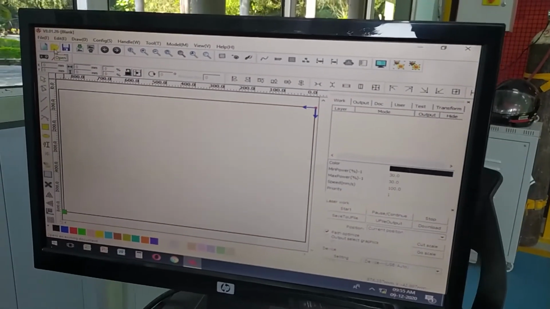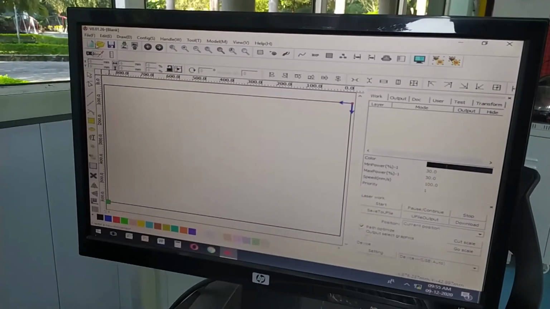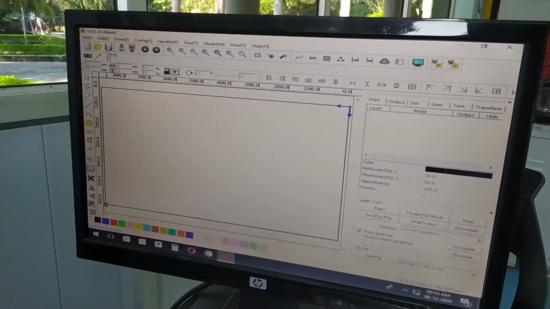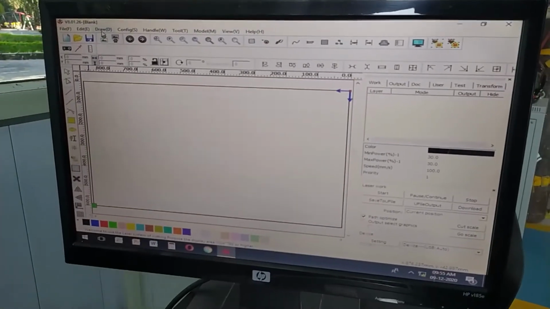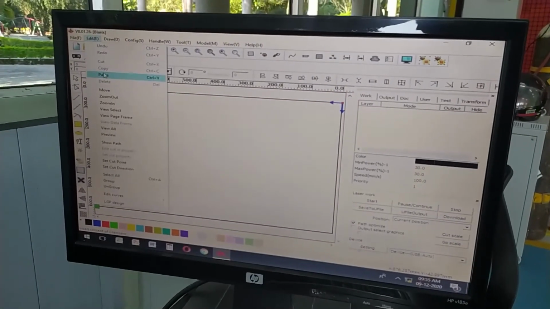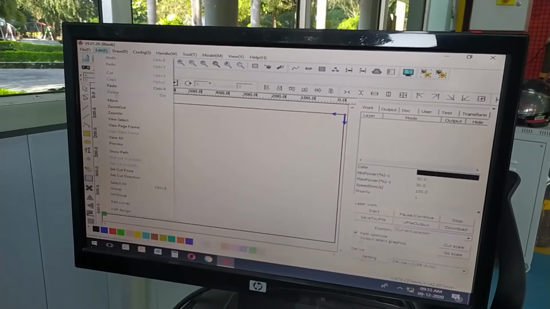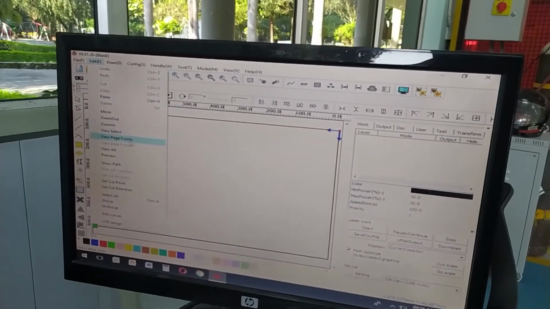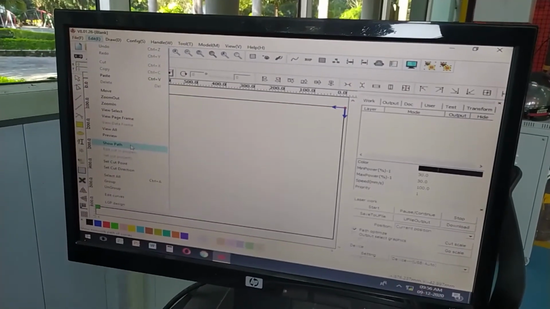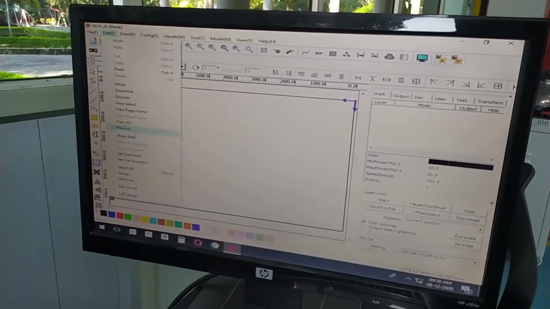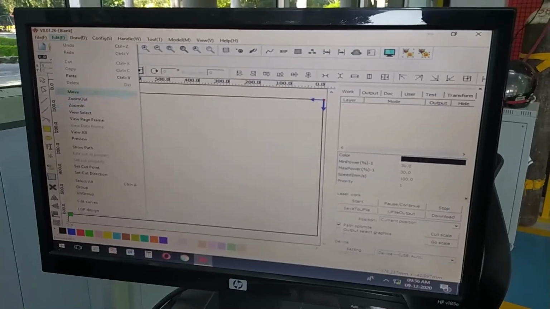Below it, this is for the file menu. Like in similar office software or other software, the file menu is used to create a new file, save the file, open the file. Then edit: if you have to copy something and paste something, you can use this menu. Move, zoom out, zoom in, selecting something, path, how the laser is traveling in this machine, it shows the path here, and editing the curves, all this is in the edit menu.